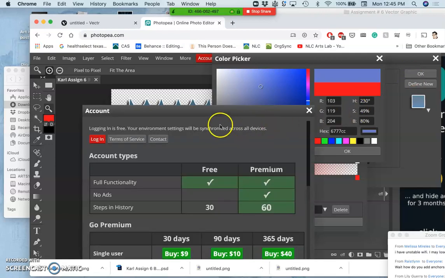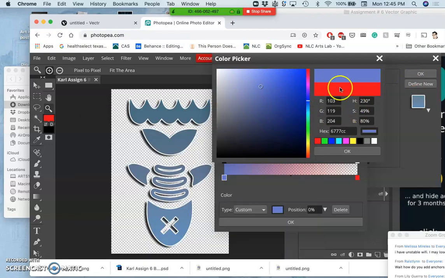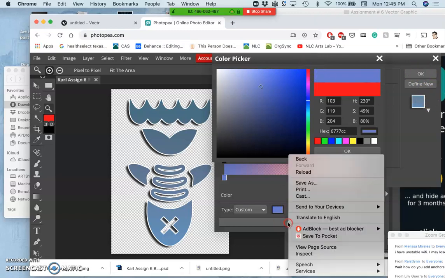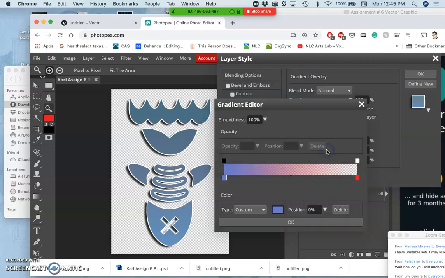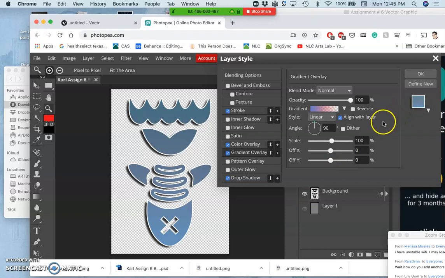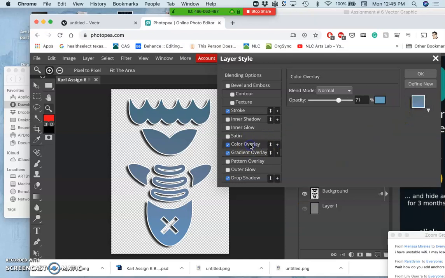That looks appropriately toxic. There we go. Okay. Okay. Maybe adjust